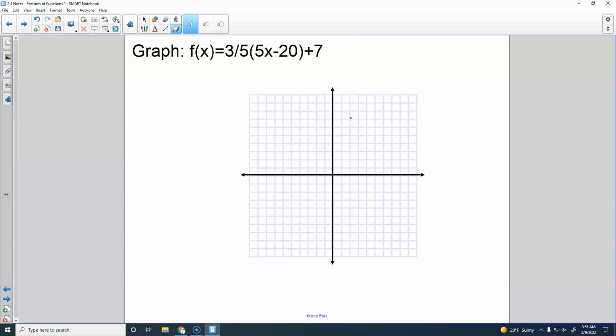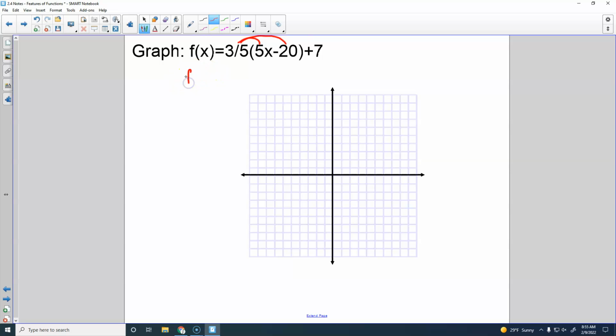In fact, I haven't even really told you what to do whenever you have the 5 and the 20 here. You have to factor it out, and I just usually don't even give that to you whenever we're doing these types of problems. But it would be a nightmare to try to do everything that you could do with this. So whenever we're graphing linear, what do we use? y equals mx plus b. So if we have this problem, we are just going to distribute,